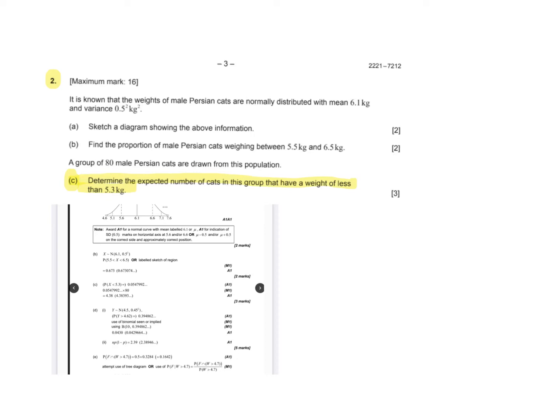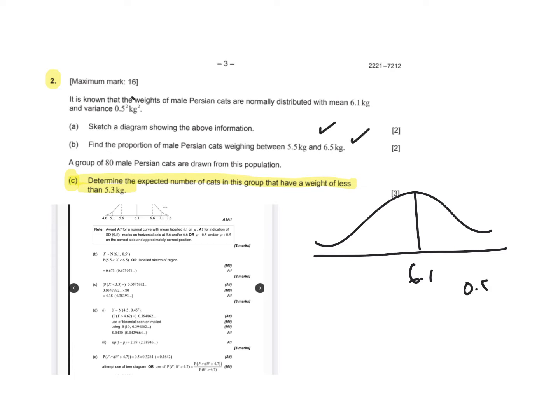Okay, John Dennis, on this particular problem, what we have here is a normal distribution of Persian cats with a mean of 6.1 and a standard deviation of 0.5. And I think you're okay with those first two from what I saw. Then it talks about the fact that there are 80 male Persian cats in this population. And then it asks for the number of expected cats in this group that have a weight of less than 5.3